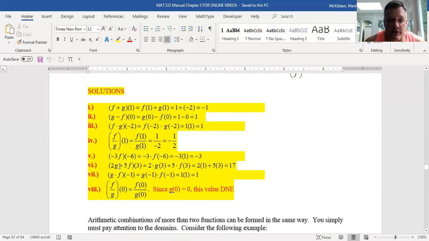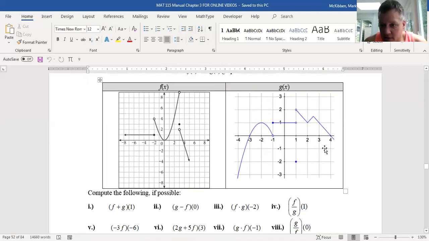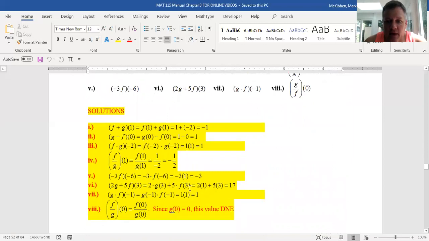This looks worse, but it really isn't that bad. You have a sum of two functions, right? So I know that I'd have this function at 3 and that function at 3. But remember what 2g at 3 means. It means to compute g of 3 and multiply by 2. And this guy means take f of 3 and multiply by 5. G of 3 is just the y value of the point on the graph at 3. That's 1. Right? And then